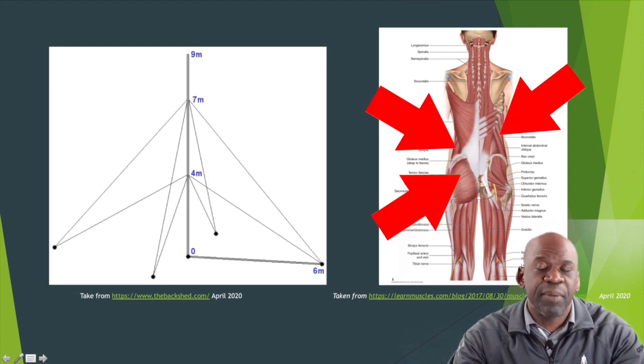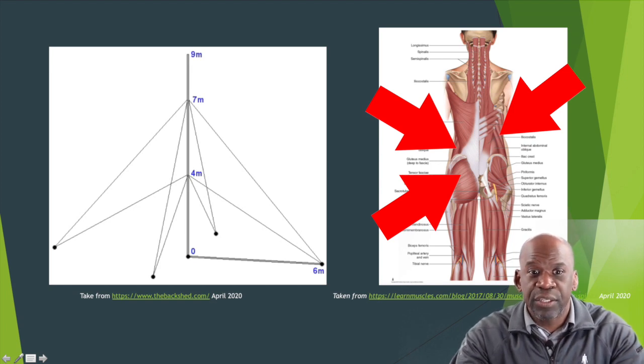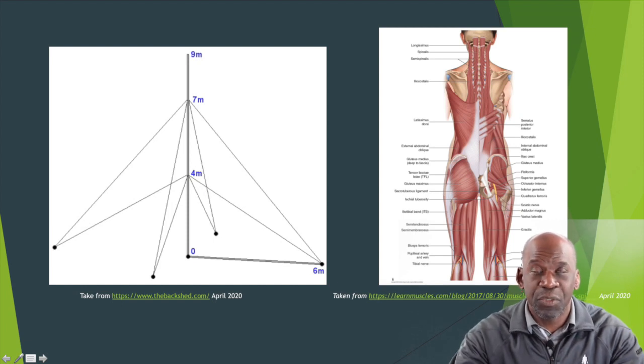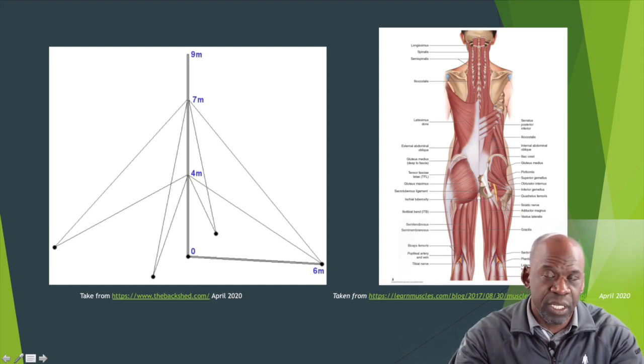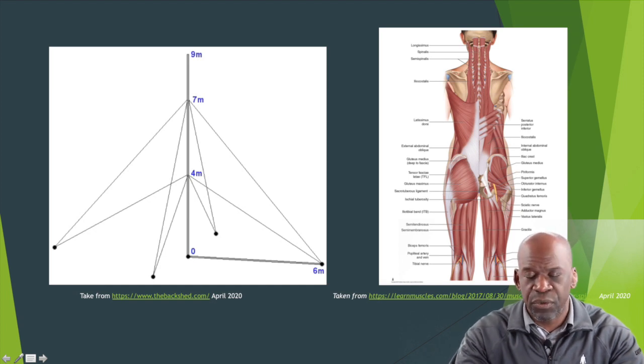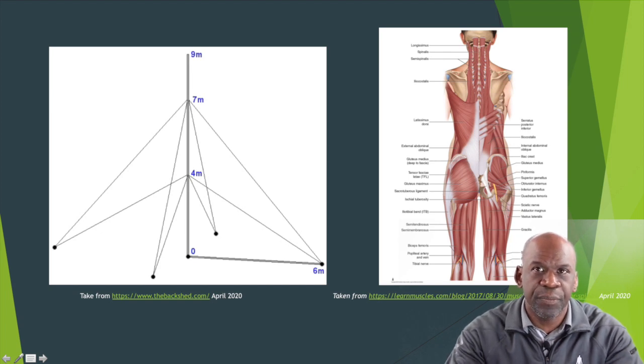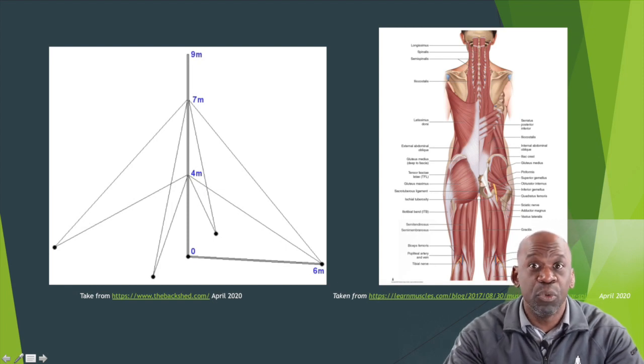So in order to stabilize the spine appropriately, you need to have guide wires, or stabilizing muscles, in all directions: north, west, east, and south, more specifically anterior, posterior, medial, and lateral. You need to have stabilizers in all of those planes or directions. All of these muscle groups contribute together to maintain the stability of the spine and to help control the movement of the spine in each of the various planes.